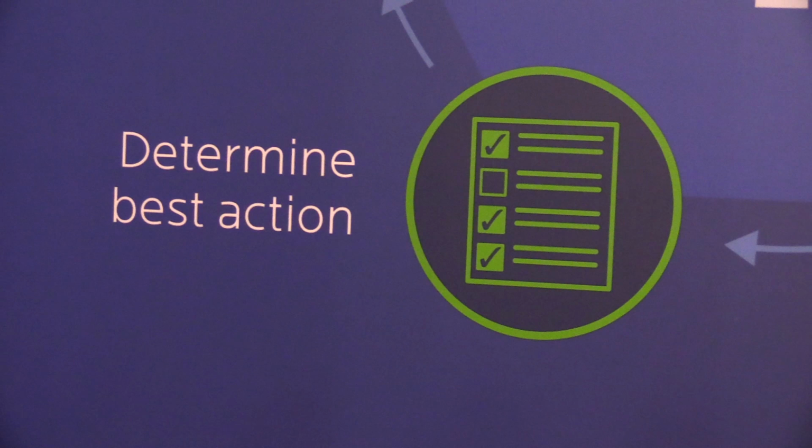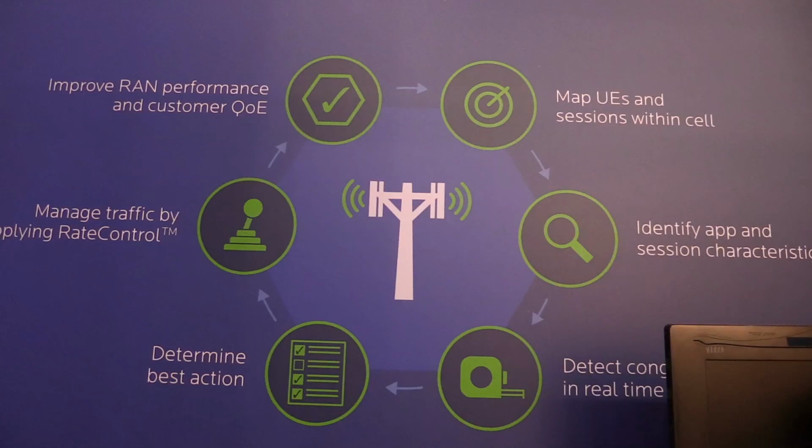But if there is congestion, we then have queues for every flow, for every UE in the cell, and we manage the traffic going through the cell to keep the latency very low and ensure the video gets through uninterrupted. The browsing goes through with the quickest page download time. And then we get continuous feedback on that. So our dynamic rate control with feedback mechanism, which we call DRCF, has continuous feedback that allows us to update on a millisecond by millisecond basis how we're scheduling and how we're emitting the packets down through the RAN.